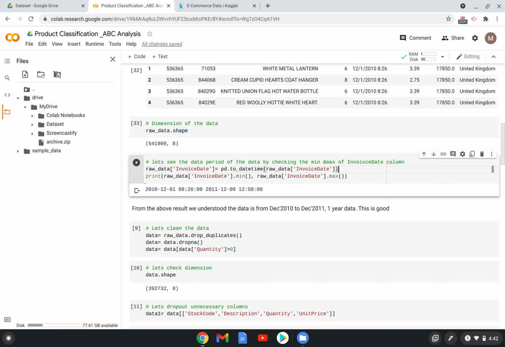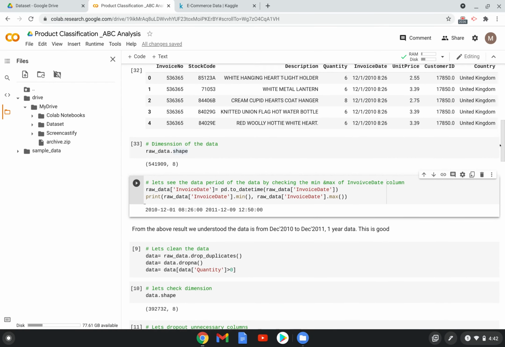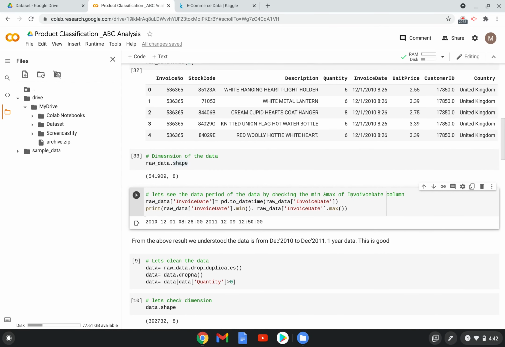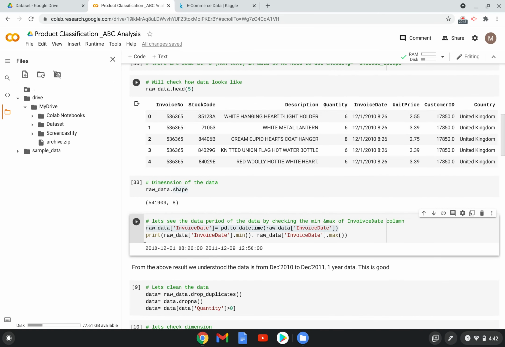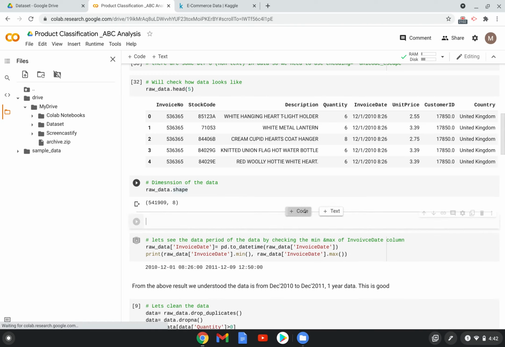Let us understand what the minimum data period and maximum data period in this transaction is. To do that, we need to convert the invoice date column to datetime type, because I don't know which type that invoice date column is.